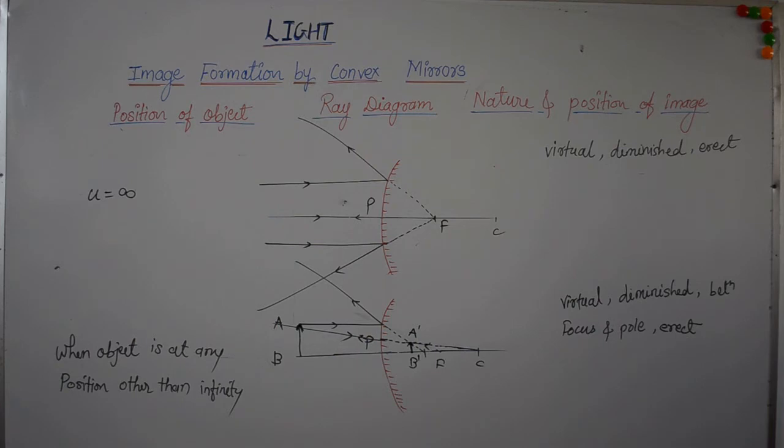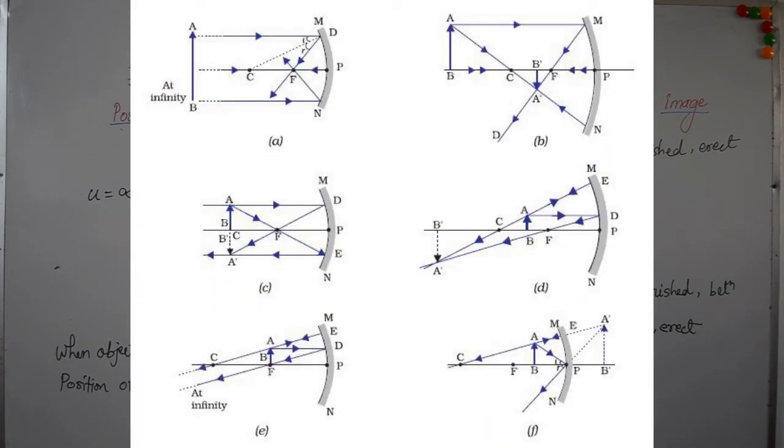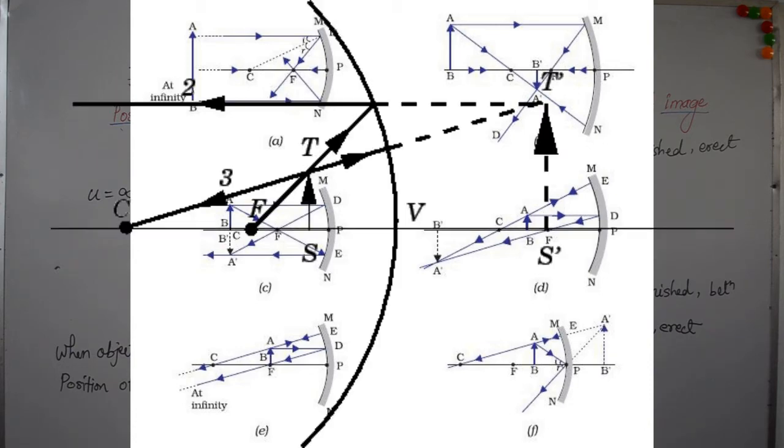The last case is a very important case and it is very different from all other cases. When the object is between focus and pole of a mirror, then the image forms behind the mirror. You can see in this case the reflected rays diverge, they do not converge, and therefore we have to extend them behind the mirror so that they meet, and they meet behind the mirror. It means that the image is formed behind the mirror and it is a magnified and erect image.